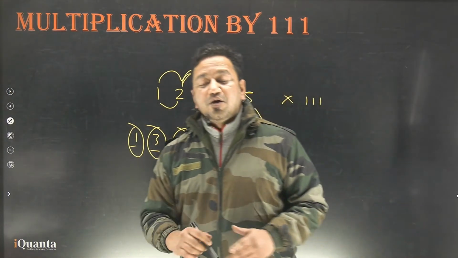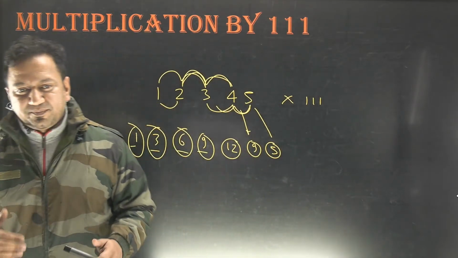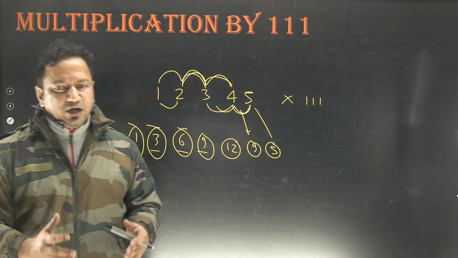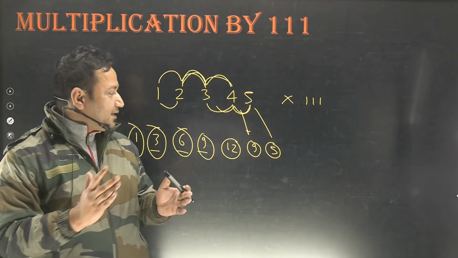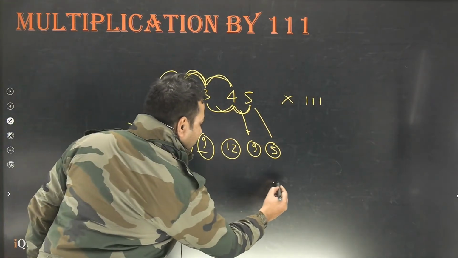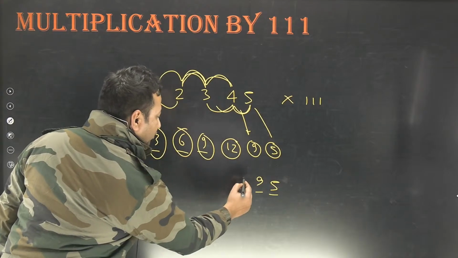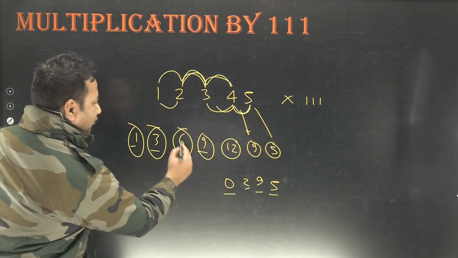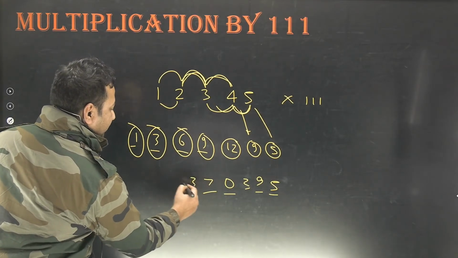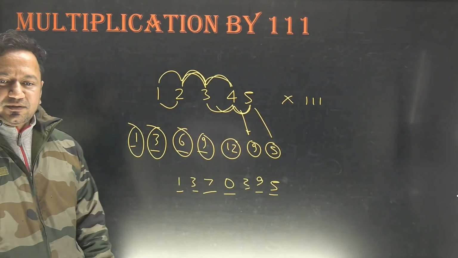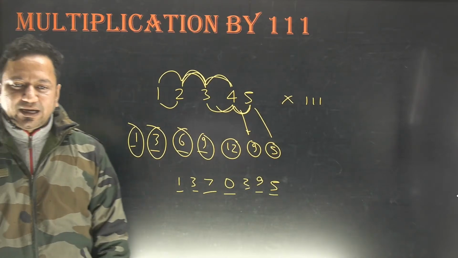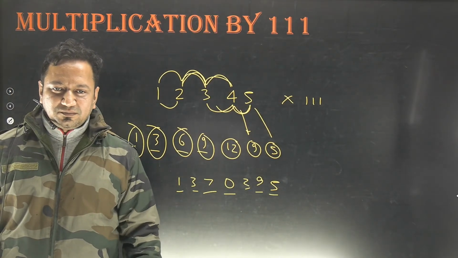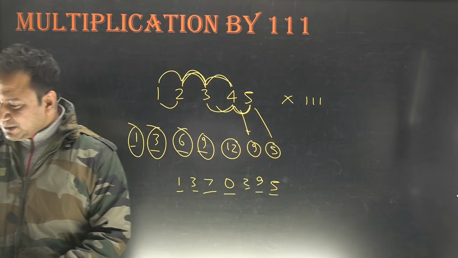I'm repeating. Till the time there is a possibility of selecting 3 digits, we'll keep on selecting 3 digits. Okay, so 5, 9, 2 comes here, 1 goes here, 1 plus 9 is 10, 0 comes here, 1 goes here, 1 plus 6 is 7, 3, 1. Check out your answers. 1370295. Such a cool technique, right?